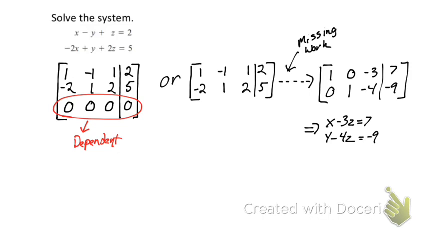All right, any questions for me? So make sure you look for those weird cases where there's a bunch of zeros that just can't solve it. Your homework